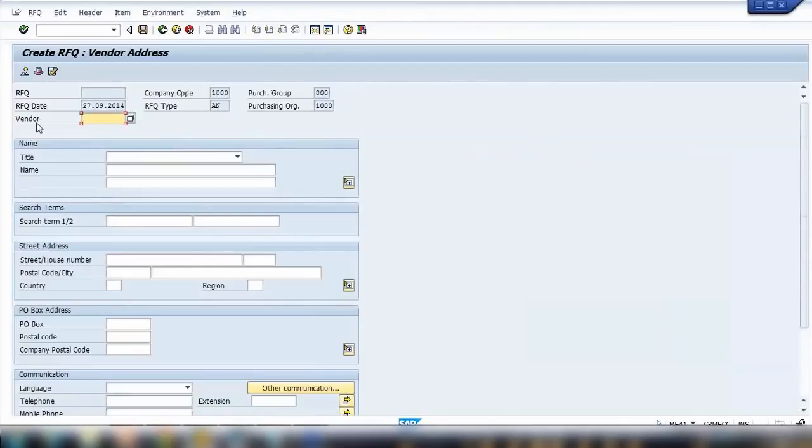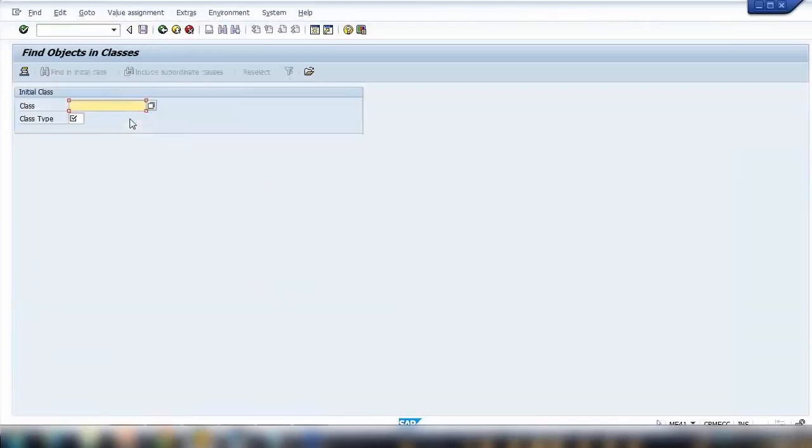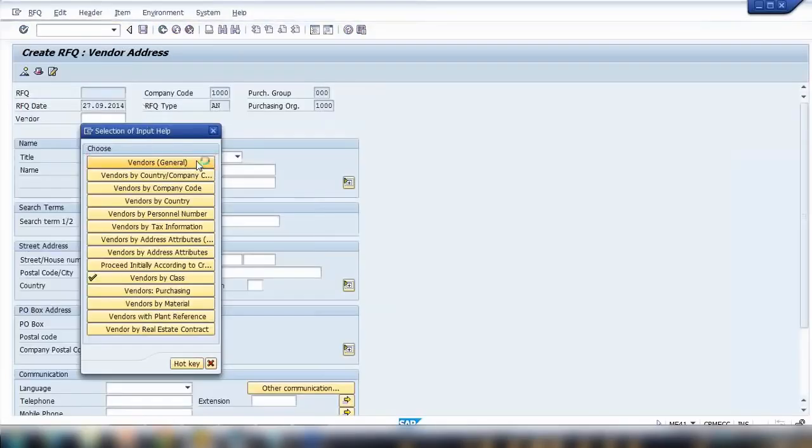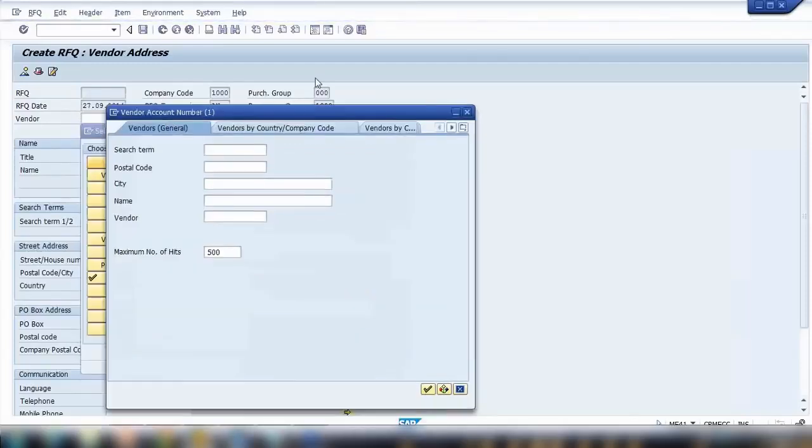and here search for the vendor. Okay, if you remember the code of the vendor, it's good. If you don't remember, you can search for it. Click on this little search button. Okay, so here